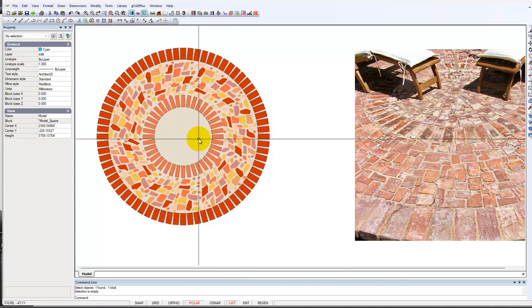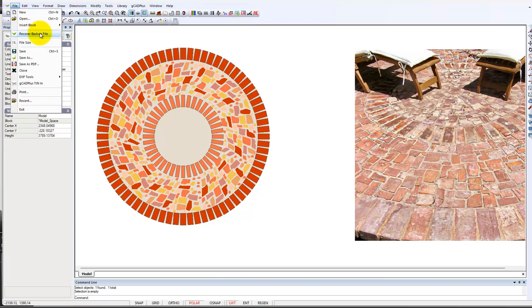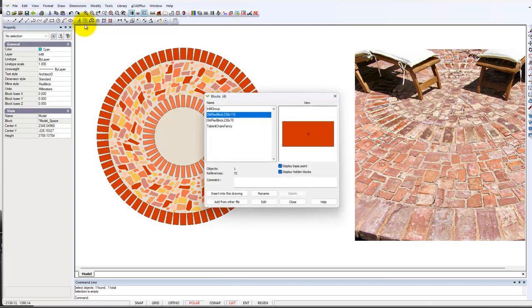Let's suppose that we wanted to fill the internal area rather than fill it with some bricks. We'd like to put some planting in here to soften it, just for some interest. One way to do that, and again try and emphasize this desire to keep file size relatively small, what I'm going to do is to insert a block. I'm going to use File and Insert a block and retain it. And I'm going to browse